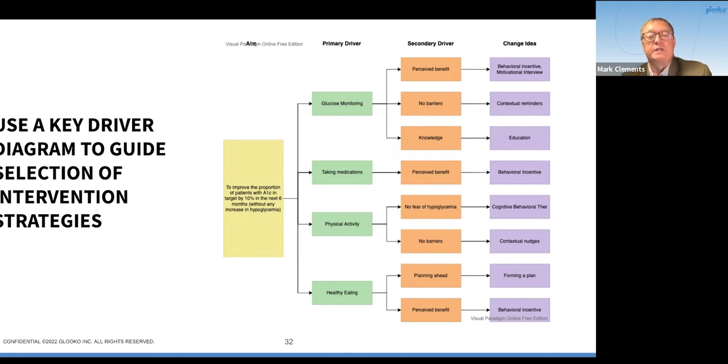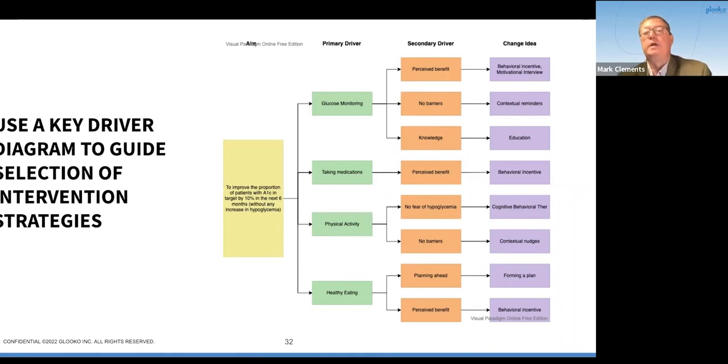So for instance, if I wanted to improve the proportion of individuals with an A1C that is in target by 10% in the next 6 months without an increase in low blood glucose events, I might acknowledge that the pillars of diabetes self-management indicate that glucose monitoring, taking medications appropriately, being physically active, and eating healthy are important proximal drivers